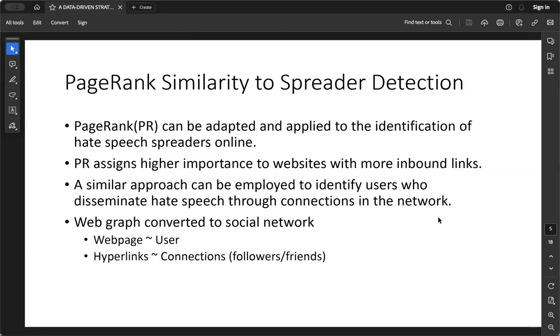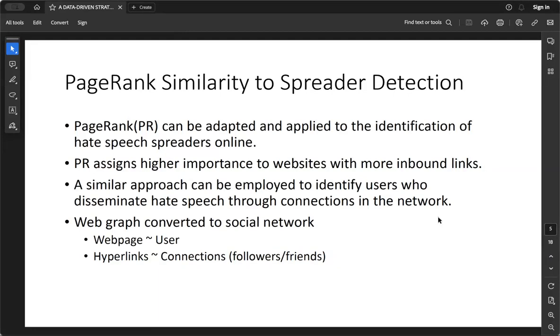So the first thing that we had to do was to convert the web graph of web pages into a social network. We drew the similarity there: in a web graph, each node was a web page, but in our scenario, each node became a user on the social network. And in a web graph the connections were hyperlinks, but for us, the connections could be followers, friends, or message passing connections, and any type of connection that would connect two users on a